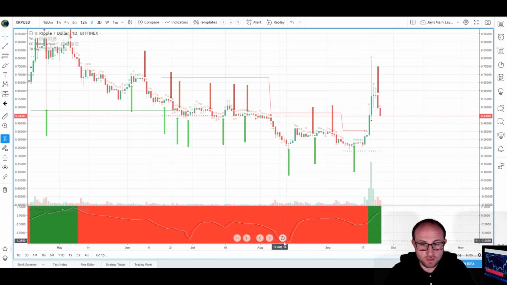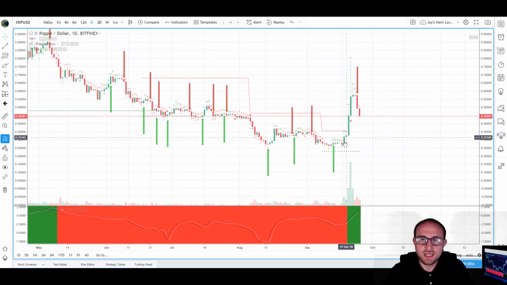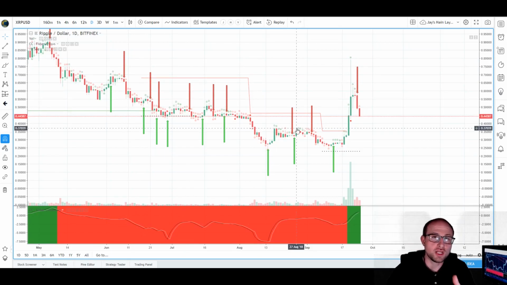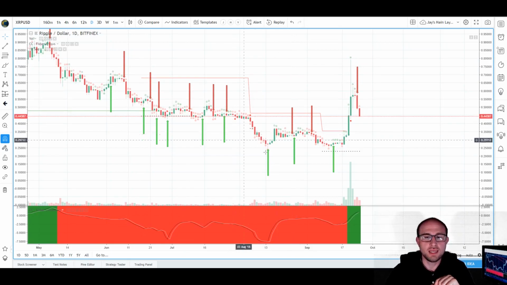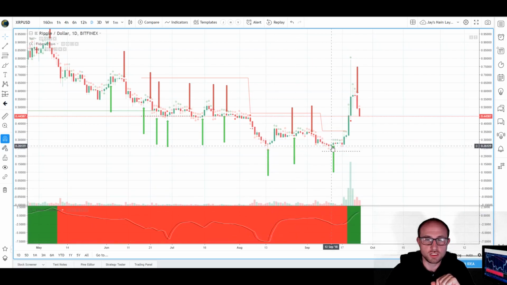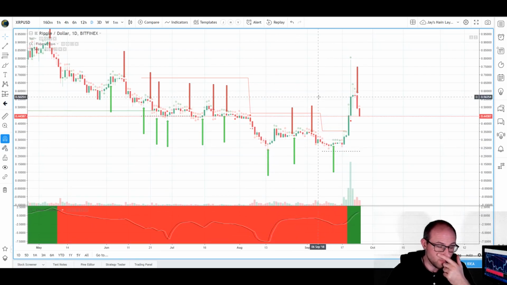We can see here the drastic move downward and then the cross up, and then this less of a cross up. However, we're bottoming much higher, and that is quite nice to see. We're bottoming higher and we're bottoming above the risk line, and then we have this nice move up. So all of these short entries based on the Cracking Crypto Fisher Transform crossover strategy would have been profitable for you. And then these extremely oversold entries based on the Fisher crossover would have been quite profitable for you too.